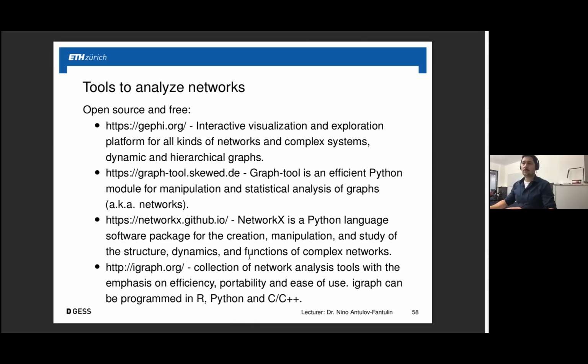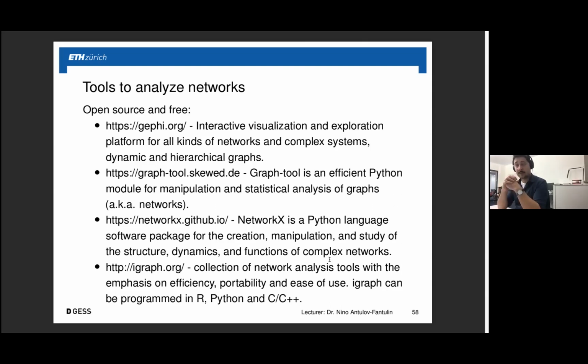What are the tools with which we can analyze networks? There is the Gephi tool that I opened at the beginning. I have had a little bit of problems using it now, and the system crashed. But you have already seen how I was moving nodes there. I will send you the link to this tool. You can download it, and you will also find materials around certain networks that you can analyze.